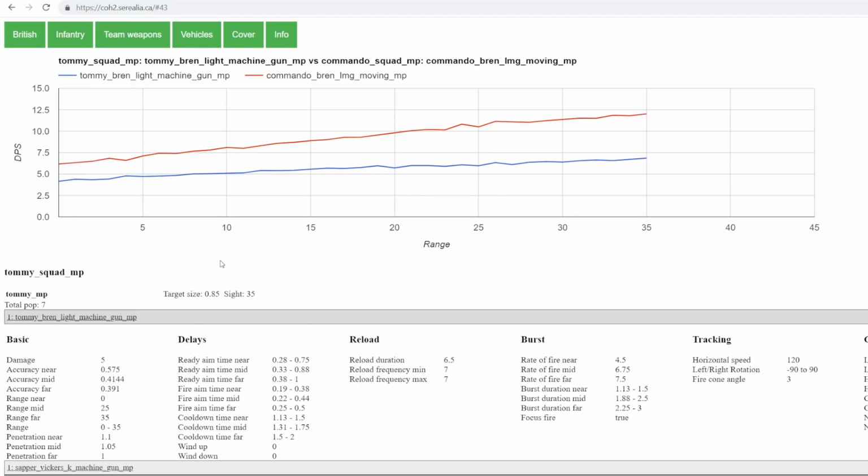So you may be thinking commandos are a close range squad, why would you equip them with Brens? Well, they actually get a different version of the Bren to infantry sections. As you can see here, the commando Bren does around 50% more damage at close range and close to 75% more damage long range, and this makes them lethal long range,